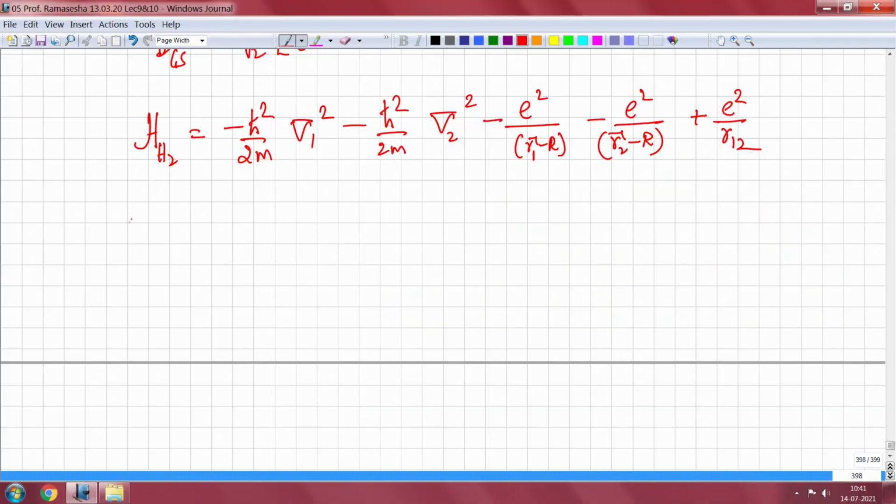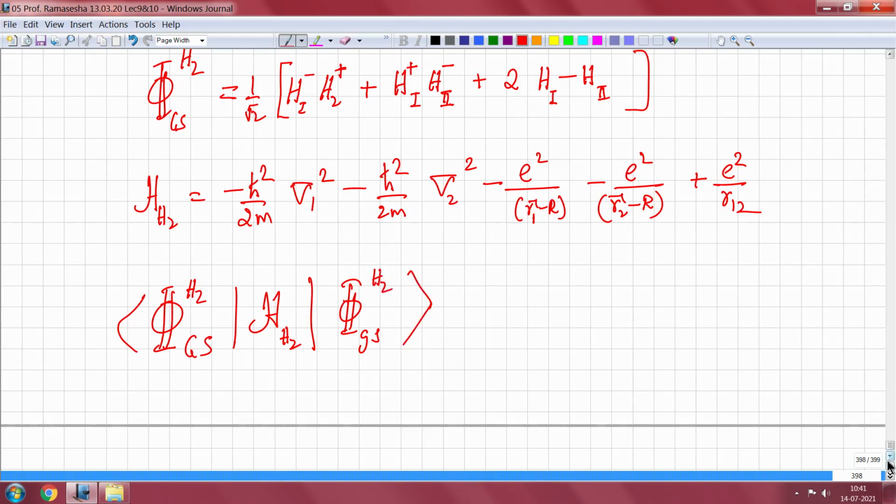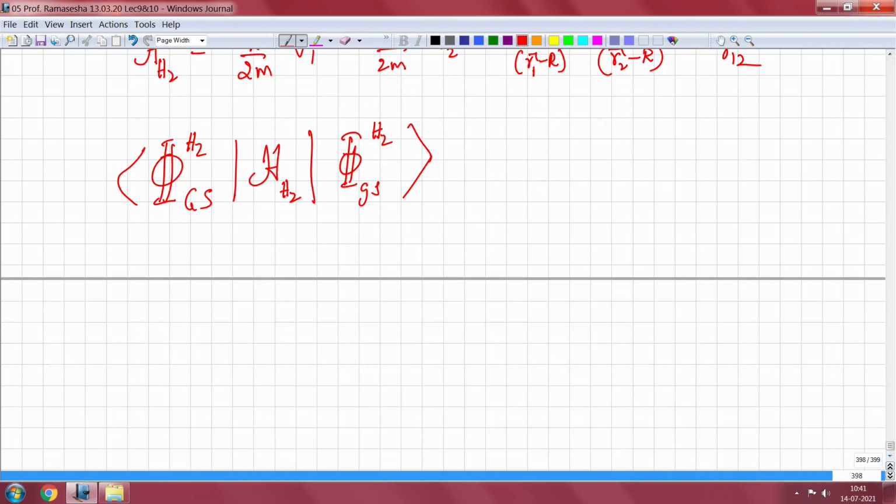Last time we stopped at just writing out the full Hamiltonian of the hydrogen molecule without using the orbital approximation, but using the Born-Oppenheimer approximation. Now if I calculate the energy using the ground state, so here I have the ground state. If I take phi hydrogen ground state, H hydrogen molecule Hamiltonian, and phi ground state H2, then I will get something interesting, that is the electron repulsion